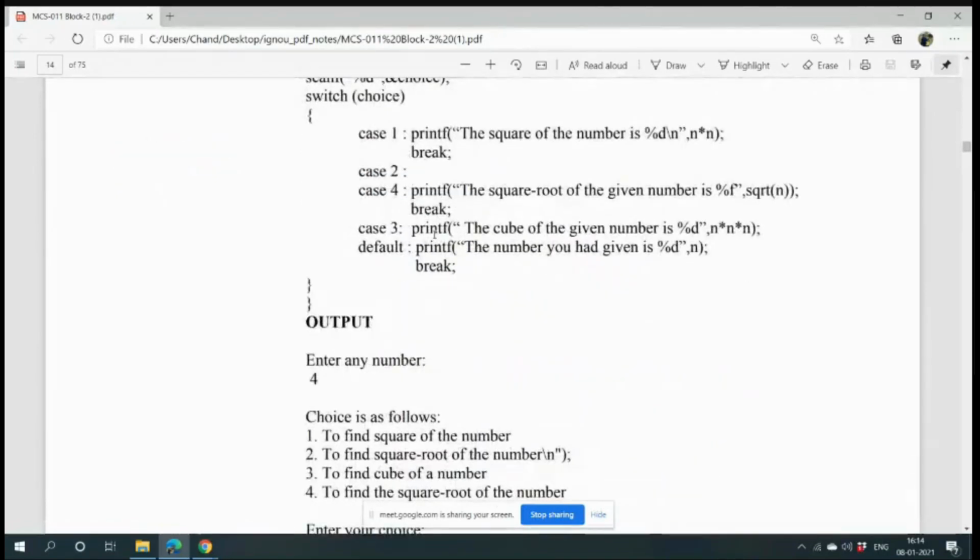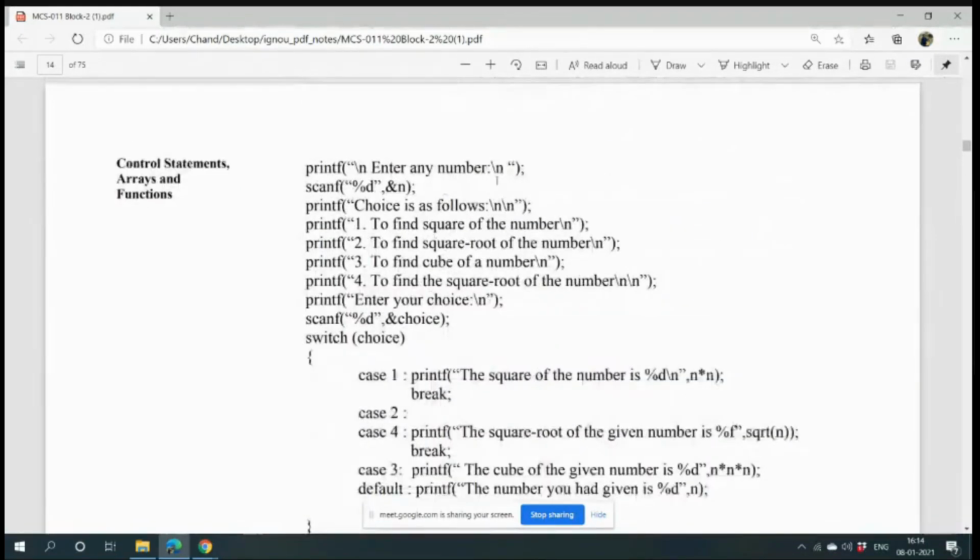Suppose you have given choice equals to 4. Madam, I have a question: what is the function of case in this program? It is an alternative of if. Suppose in if you give one condition; in switch, whatever value the choice variable has, the corresponding case will be executed.